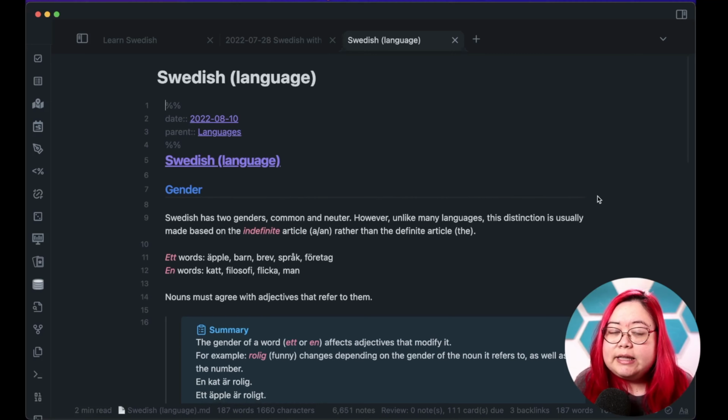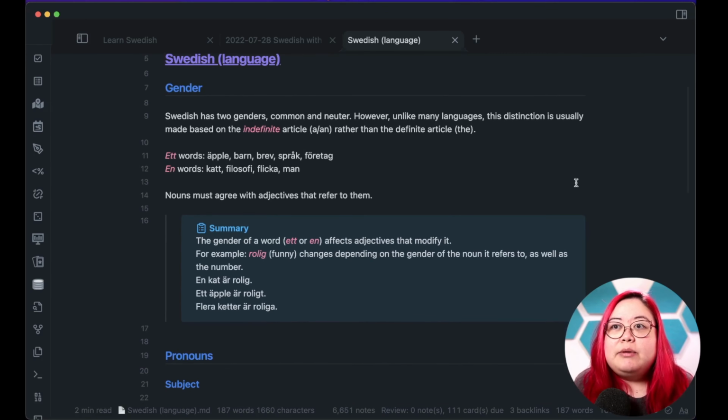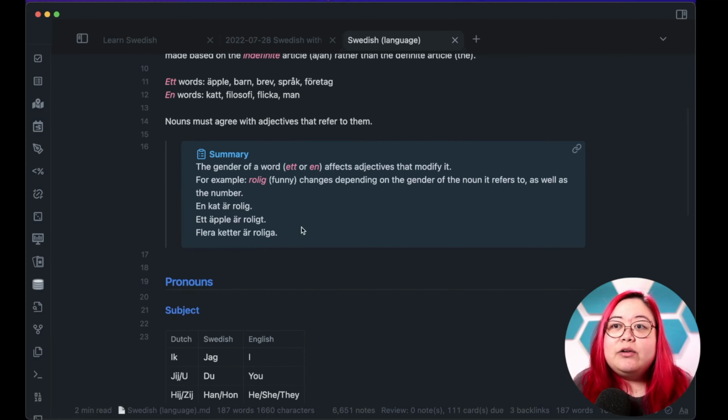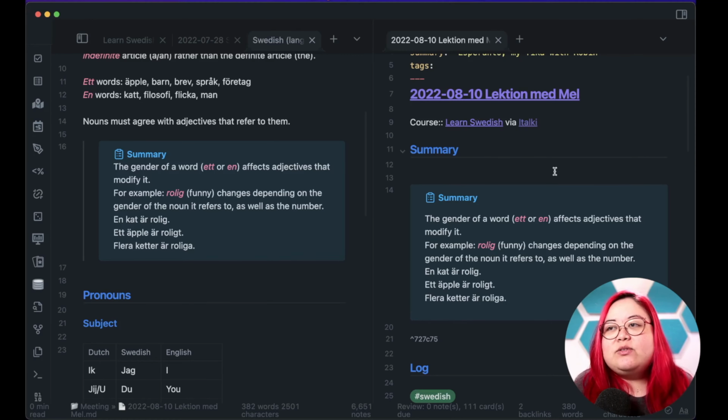So, for example, in this page, I have some notes on Swedish gender because they have two genders, but they're not like the typical feminine and masculine from Romance languages like Spanish. In fact, Swedish is much more like Dutch, where the two genders are common and neuter. So I have some et and en words here. I'm using callouts to summarize grammatical points. And in this case, this was actually a summary from one of my lessons with Mel, where she talked about